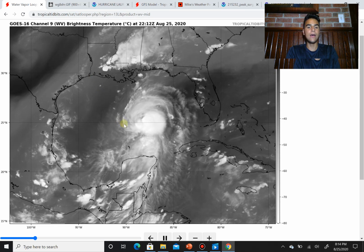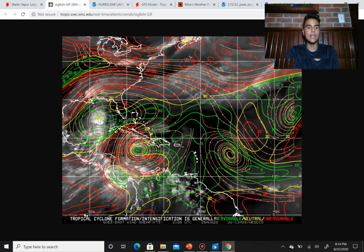And to show you the lack of wind shear, you see that currently Laura is under very light wind shear at this point, with the upper level winds blowing at only 5 knots, and that's very weak wind shear for tropical cyclones, as they are known to develop with weak upper level winds like that. And you might point out that there is wind shear towards Louisiana and Texas, which could weaken it as it approaches the coast. However, that wind shear is expected to lighten, especially as this ridge continues to build over